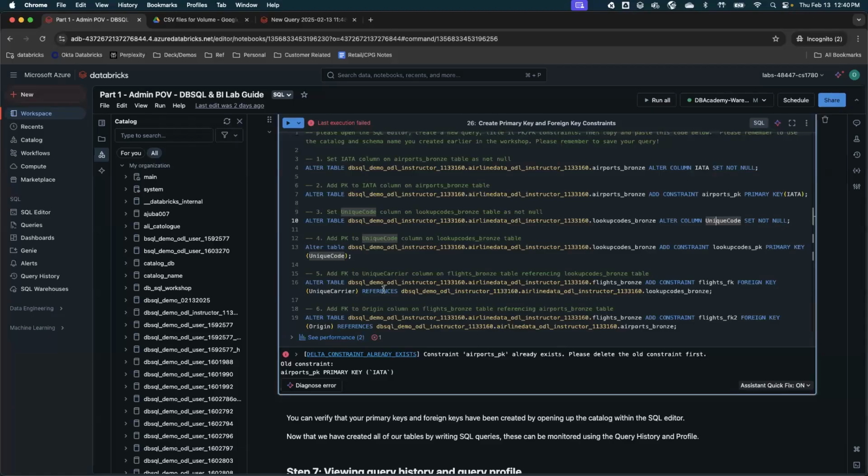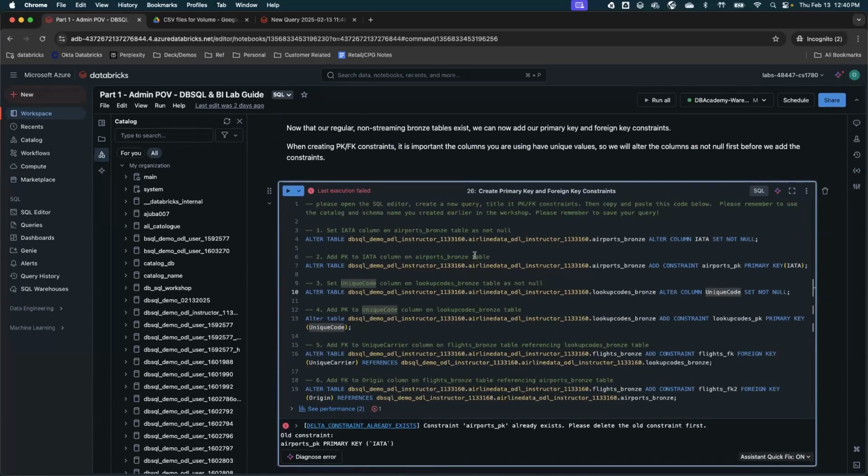So we will know what the different unique carriers are. So we will connect the unique carrier from flight bronze into lookup codes bronze as a foreign key. And at the same time, we want to understand what the origin is, and those details are available in your airport bronze table. What is the origin for each flight? And then you can link your foreign keys here.